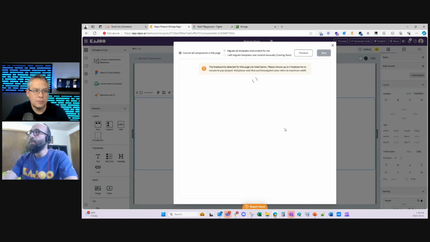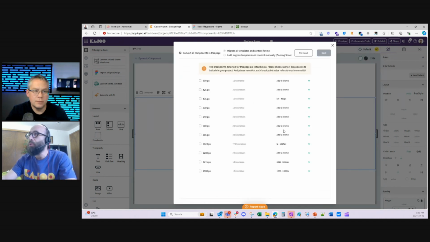Now Kajoo is analyzing the front-end code for that, and it figured out there is this list of breakpoints for different screen sizes, and it gives me the CSS occurrences of every one of the screen sizes, because I can make a decision right now which one is more important to clean up and consolidate.